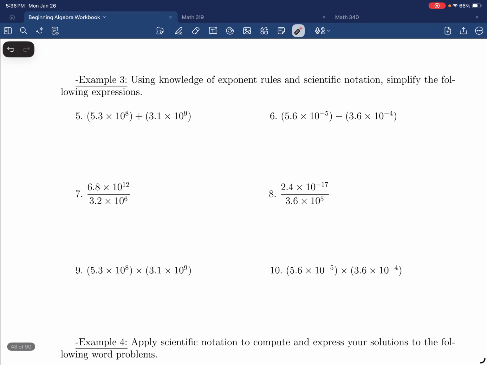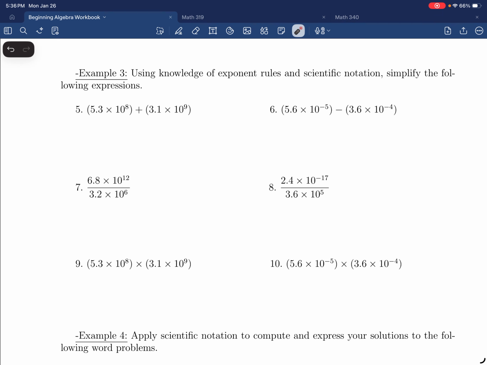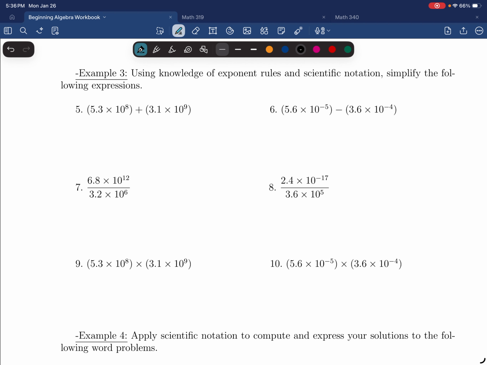Alrighty. So now that we understand how to convert scientific notation, we're now going to use our previous knowledge of exponent rules that we looked at in the past couple sections and apply it to scientific notation. So for example 5 and 6, we're going to be adding and subtracting scientific notation. The one thing to note here is that to add or subtract,